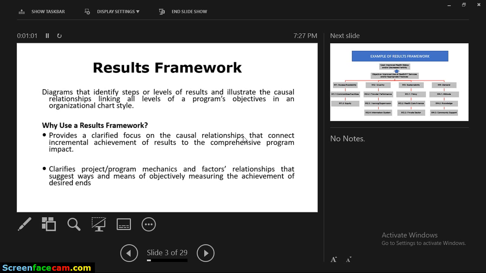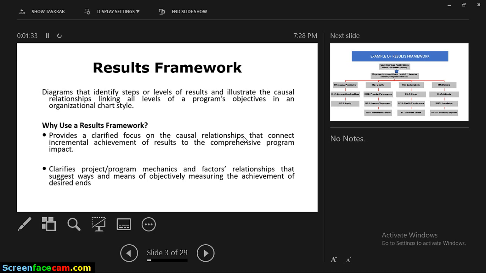And that's the definition which is there, the result framework. So the result framework, just from the word itself, result. Others call it a strategic framework. So when you hear some people saying, let's come up with a strategic framework,